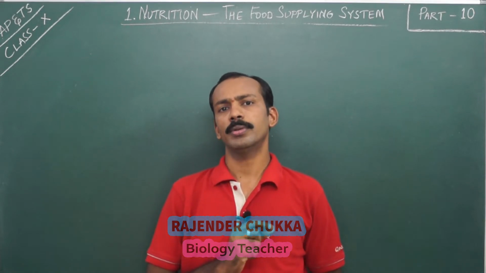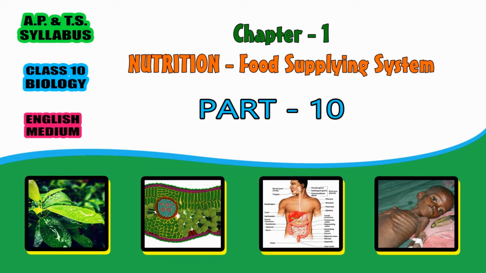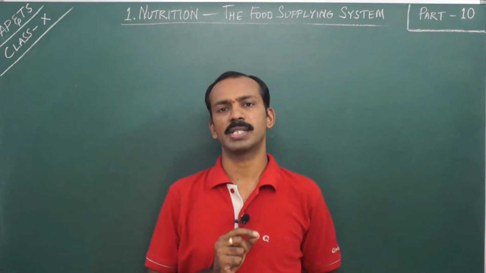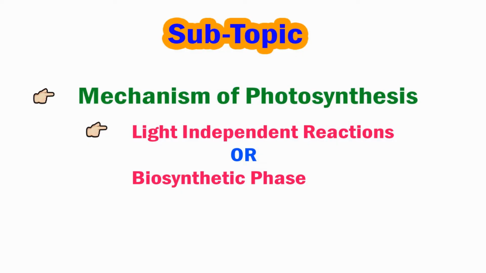In this video, we are going to see AP and Telangana State Syllabus Class 10 Biology Chapter 1 Nutrition, the Food Supplying System, Part 10. The subtopic which we discuss in this video is Mechanism of Photosynthesis. Under that,